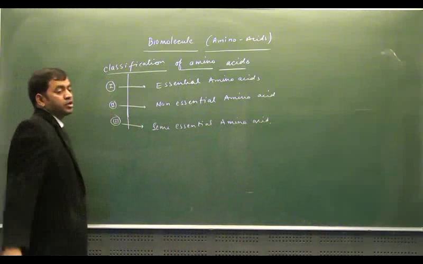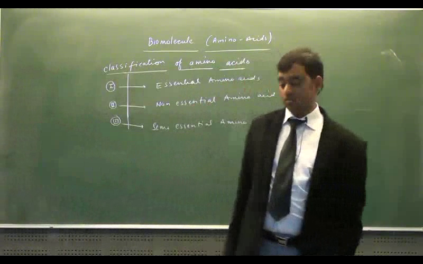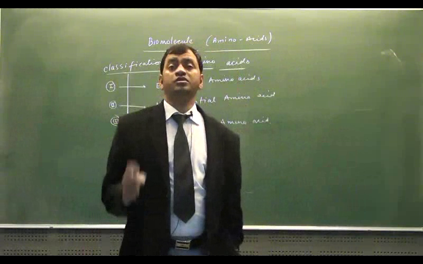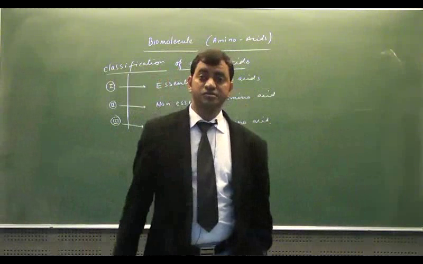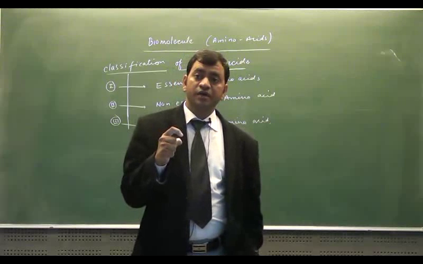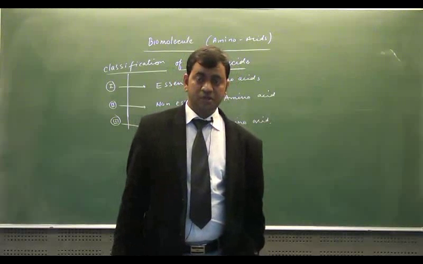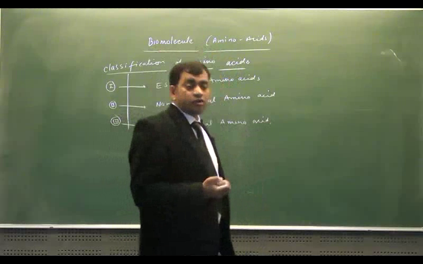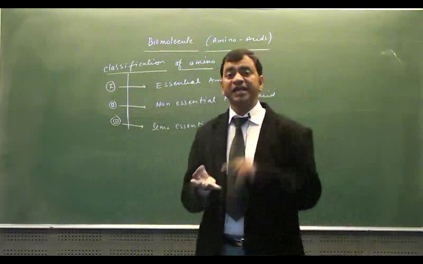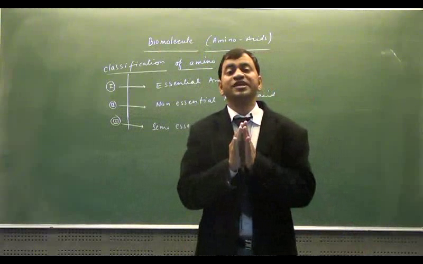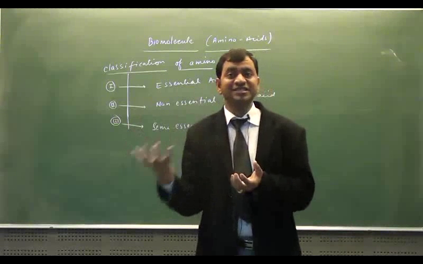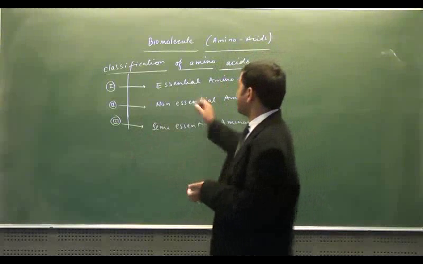Essential amino acids are the amino acids which cannot be synthesized inside the body cells, and which are required to be taken in our diet. Essentially we have to take these amino acids from an external source. For making protein, 20 types of amino acids are needed. Out of 20 types, 8 amino acids are such that body cells cannot make them, so we need to take them in food. Such amino acids are called essential amino acids, required to take in food.